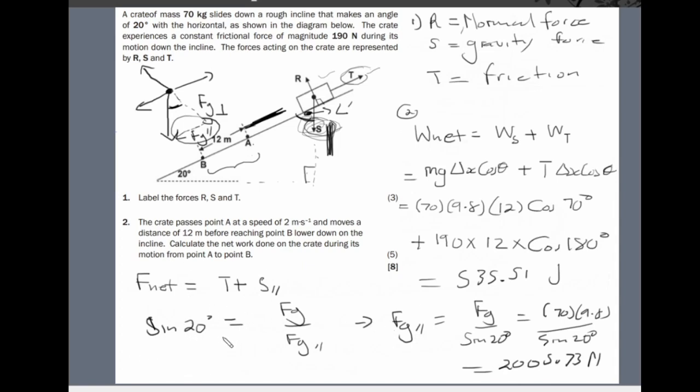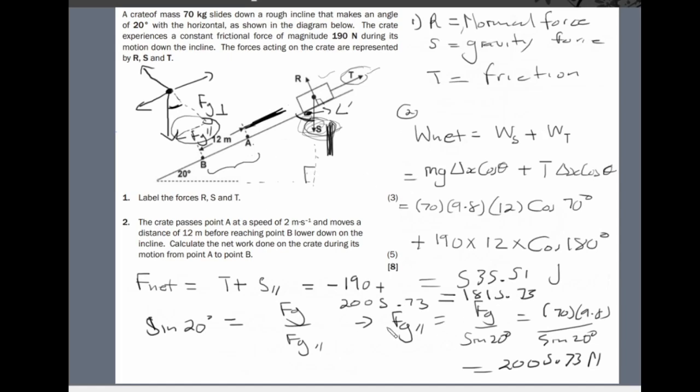So now to calculate the net force, it will be the frictional force, which is 190, plus Fg parallel, which is 2005.73, right? And then the net force acting on the object will be 1815.73,